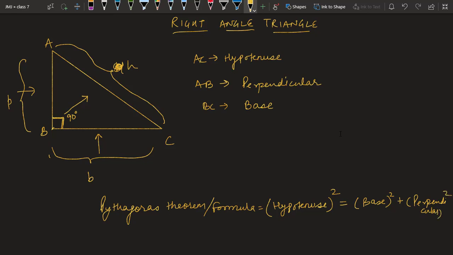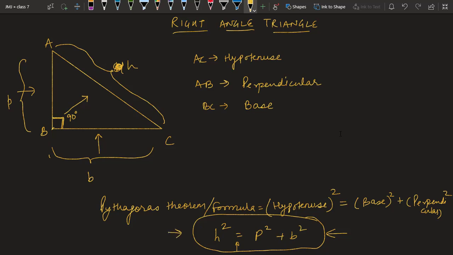That's it. This is the formula given by Pythagoras, which is h square is equal to p square plus b square. This formula will help us to find the third side, because you can see here the equal to sign is coming. In the last exercise we were getting the sign of greater than or less than. Okay, so let's see some examples of how to find a side in a right angle triangle with the help of this formula,